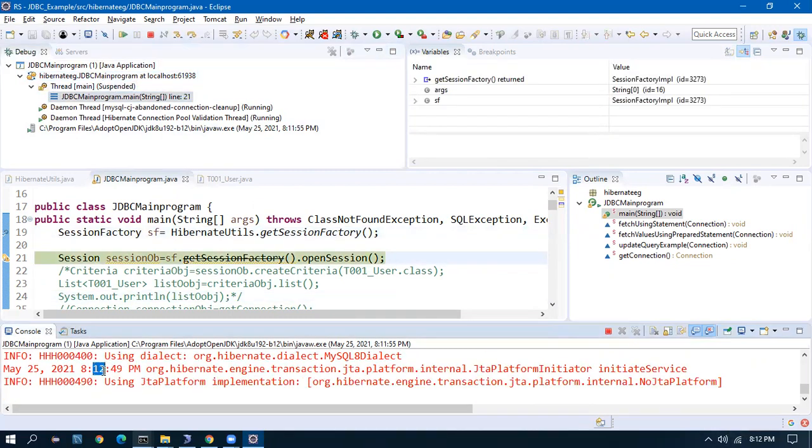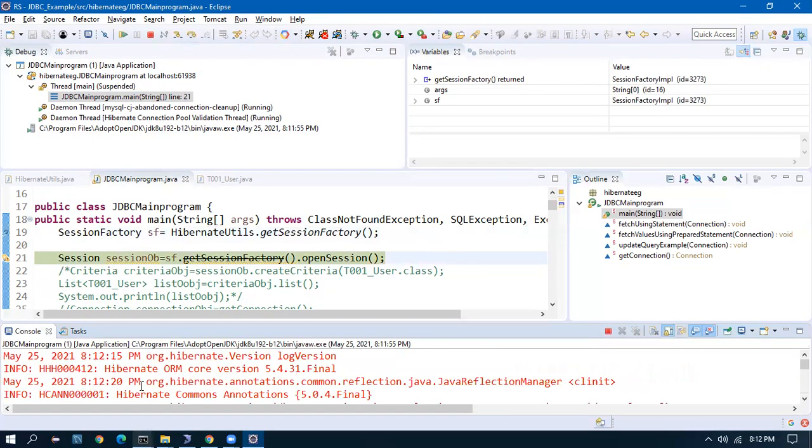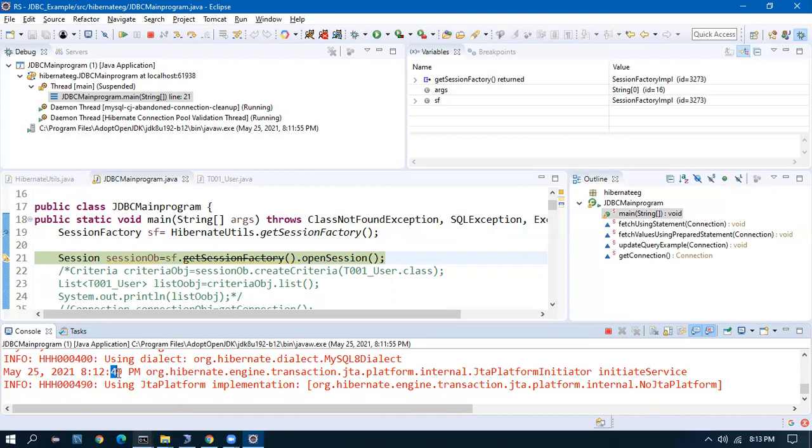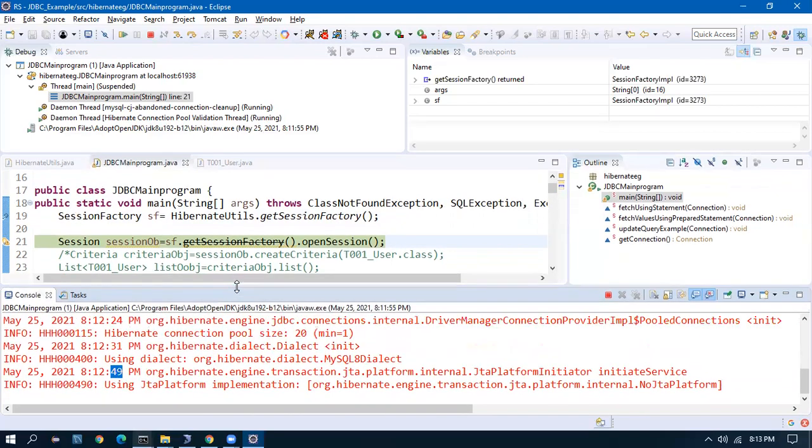The first log came at 15 seconds, but 5 to 10 seconds it started. 49 seconds it ended. So you should focus attention on these minor things when you run programs. Nearly it took 50 seconds to build a session factory.